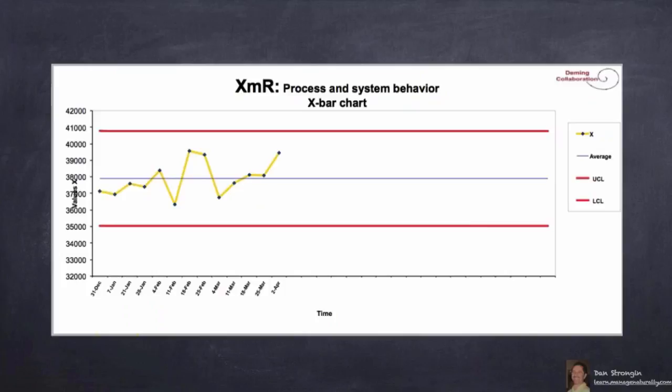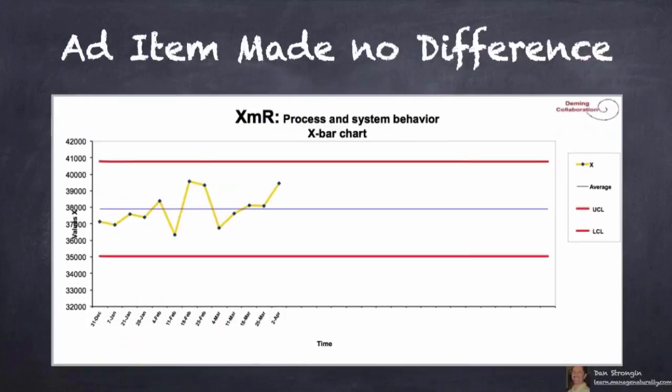That means that we can predict probably on the 9th of April, the 16th of April, until we come to one of these holiday seasons, this is pretty much what the behavior is going to do. And it changes completely the way we look at how we manage. Because the ad item really,